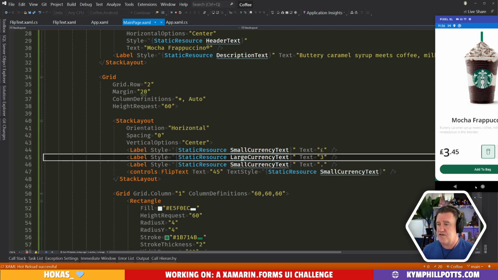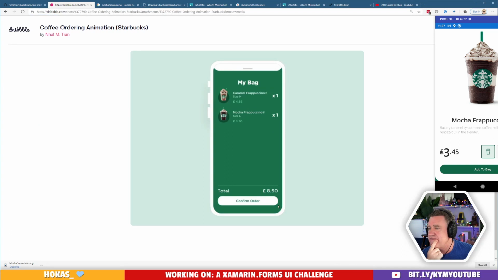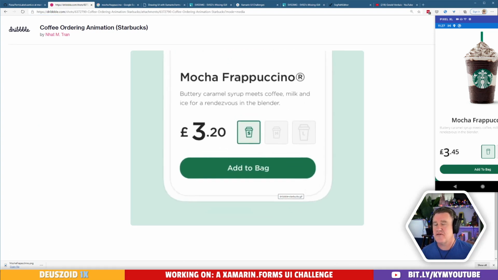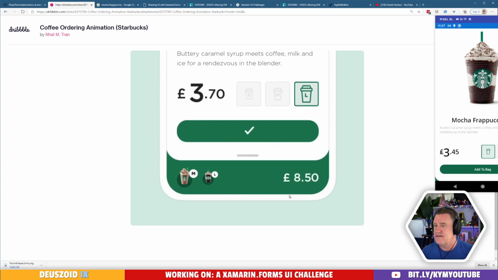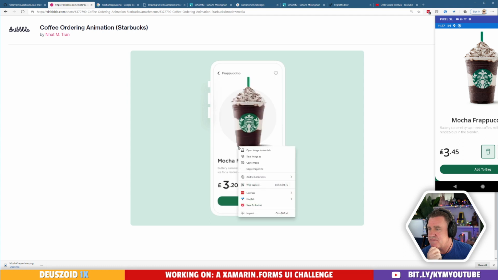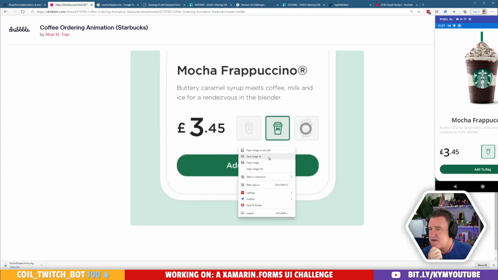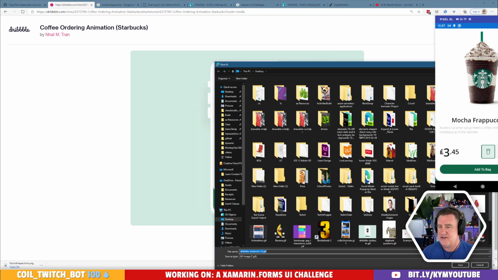All right. So we've got ourselves a flip control there. Now, what's interesting about this design is if we have a really close look at what it's doing here. Okay, it sort of rolls over the numbers. Now, what is this, a GIF?